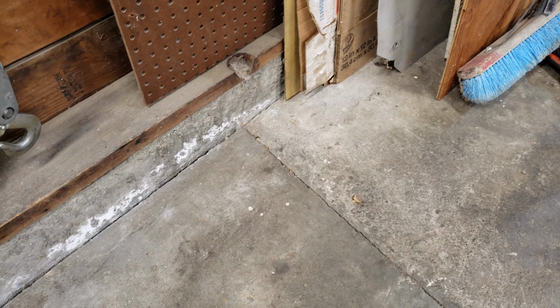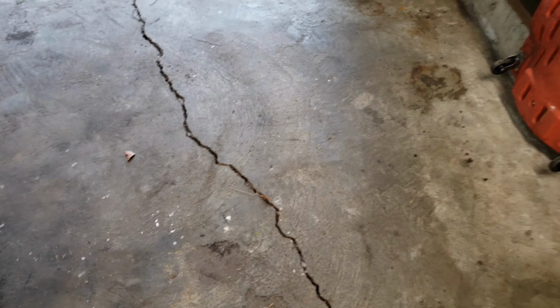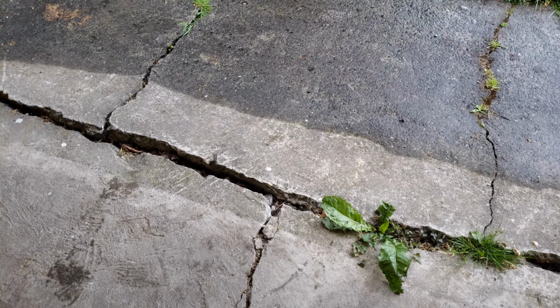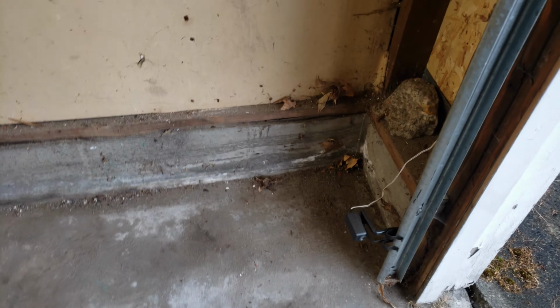We'll start over in this corner where everything is pretty level with the other slab, and it drops a little bit there, cracks out towards the center. I'm kind of standing in the center here in the high point. The apron has obviously detached itself from the garage floor here, and then over in this corner it drops a lot. I'm not sure how many inches this thing has